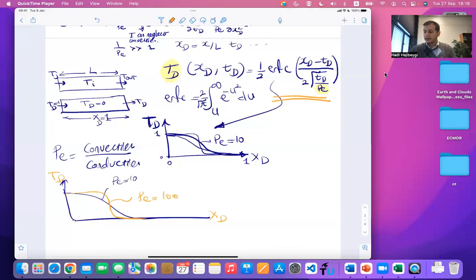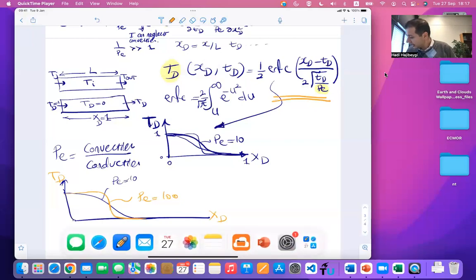With that, I hope that you enjoyed the topic of heat transfer in porous media and energy conservation, and are able now to find the distribution of the temperature in your system with the convection and conduction in place. Obviously, more advanced topics would include condensation, evaporation, phase change, a lot of other things, but it's unnecessary. With these principles, you can study anything. So we started from atmospheric sciences. We covered the temperature change over elevation. Now we went to subsurface and we found temperature distribution in our subsurface reservoirs.